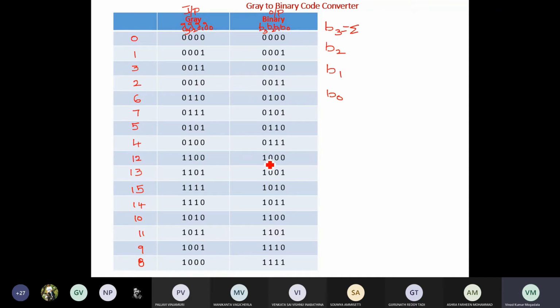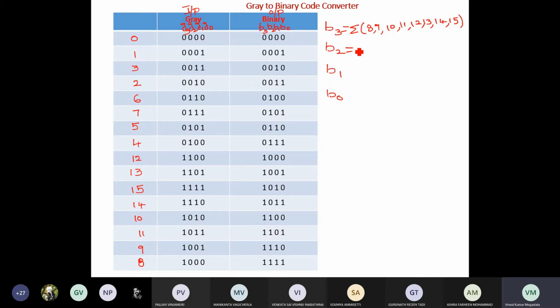For B3, the minterms are the last 8 rows that are 1: 8, 9, 10, 11, 12, 13, 14 and 15.